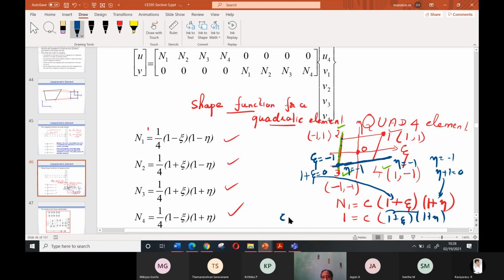So can you find out the value of c? C is equal to, so I'm finding it out for node 1. At node 1, what is xi? Xi is 1. At node 1, xi is 1 and eta is equal to 1. So c is equal to 1 plus 1 is 2, 1 plus 1 is equal to 2, so c is equal to 1 by 4. Therefore my N1 is equal to 1 plus